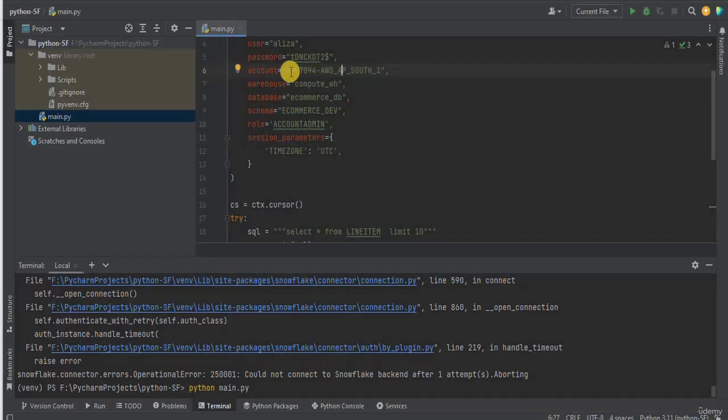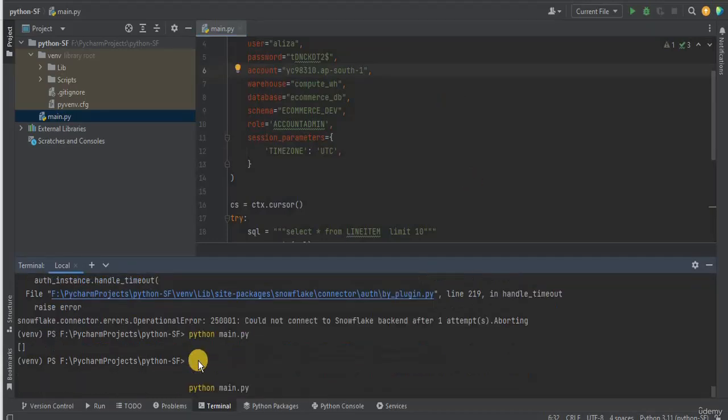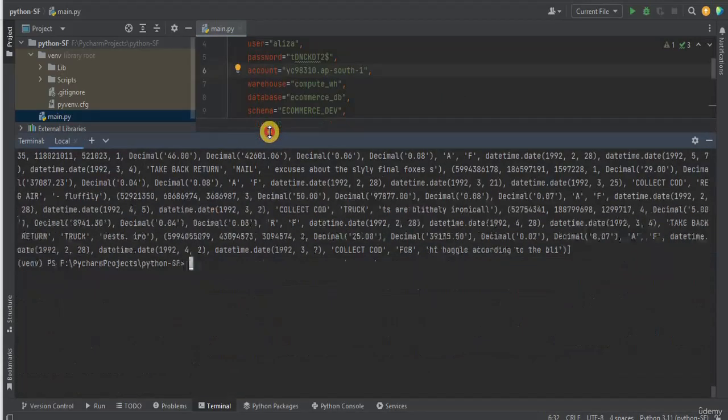So you simply have to copy the account URL, go back to your PyCharm or the IDE in which you are working, and in the account place, paste the URL that you just copied. And from here, you have to remove the aws.snowflakecomputing part. Once this is done, run it again. And yeah, you will get all the data present inside the line item.